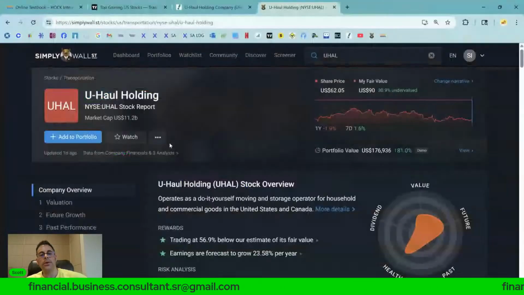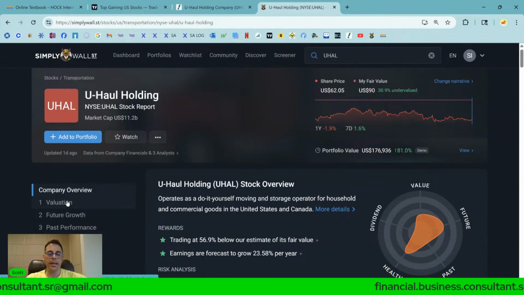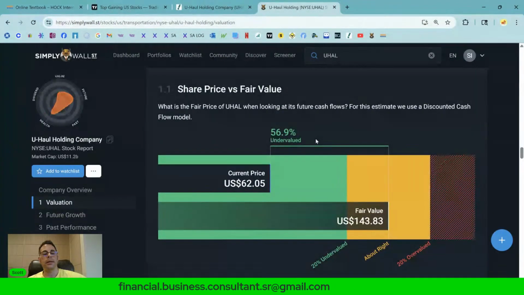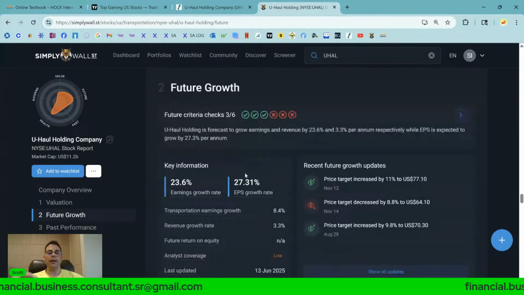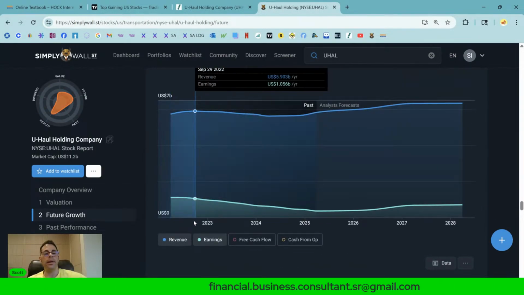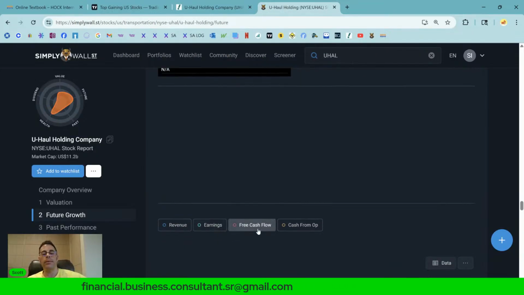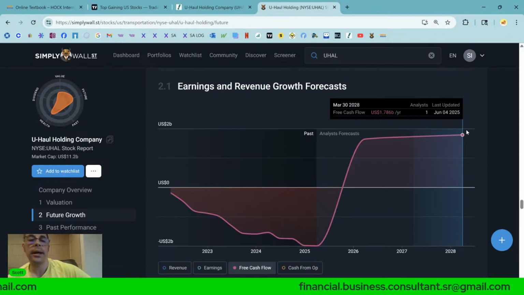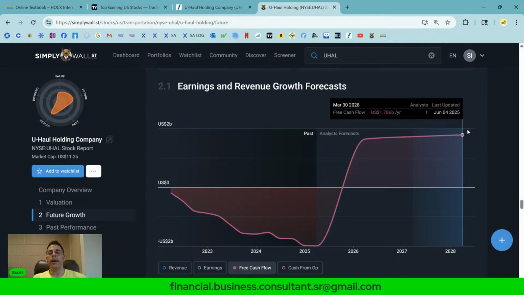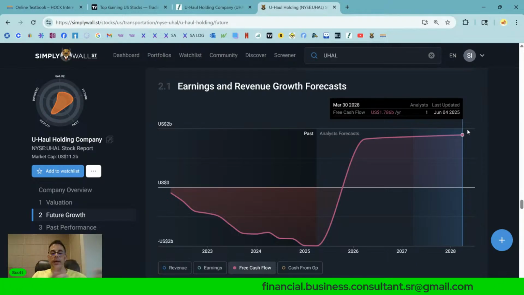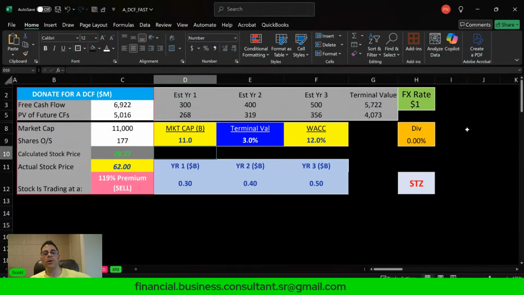Let's do a quick DCF. This is a great way to look at the stock and see if it's obviously over or undervalued. Like Buffett does something similar, but he might not build a DCF model, but he can usually do it in his head. His theory is if something is a screaming buy, he'll buy it. But if it's not a screaming buy, he won't buy it. If something is a buy, but it's not a strong buy, he's probably not going to buy it. And he doesn't even buy screaming buys. It has to be a really, really screaming buy, and him and Charlie have to agree. And Charlie usually doesn't agree.